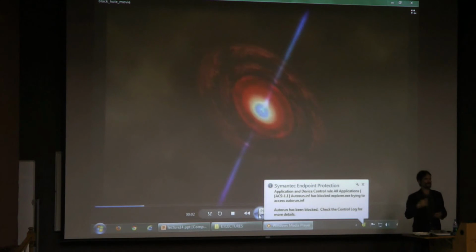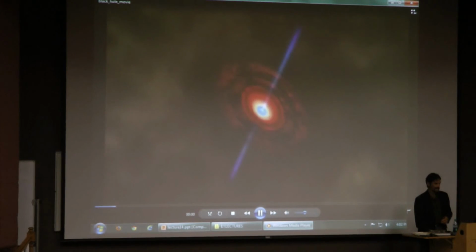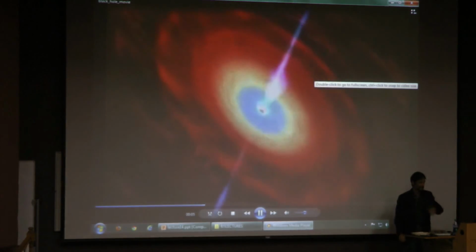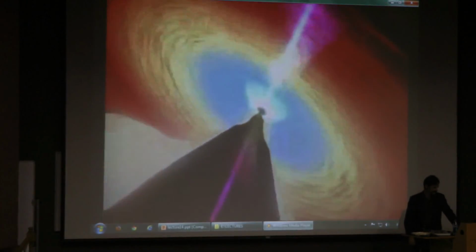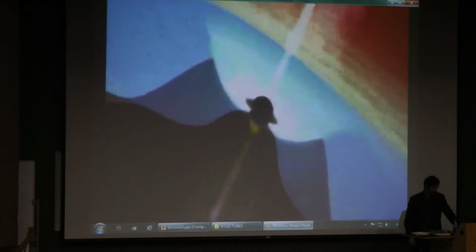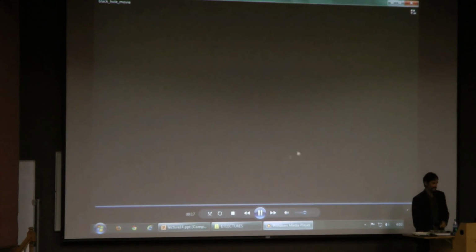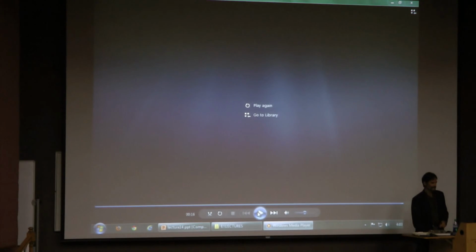An audified version of the radio emissions coming from this object. So it's not really the sound. You take the radio waves and convert them to audio frequencies instead. So it's kind of cool because you can kind of hear some of the effects. This is our conception again. So that part at the end is the actual